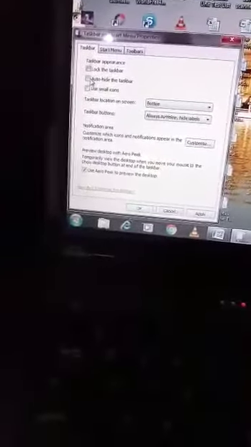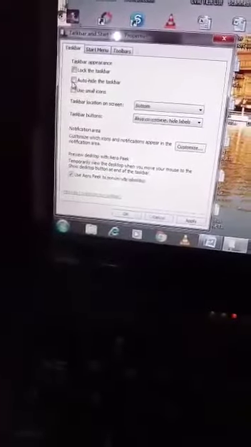So, my dear students, here the option is Auto-hide the taskbar. Currently you are able to see the taskbar. If you want to hide it, what will you do? You will simply click here on Auto-hide the taskbar. Then you click on the option Apply, then you click on the option OK. Now, are you able to see the taskbar? No. It means now your taskbar has been hidden. So this is how we can change these two properties of the taskbar.